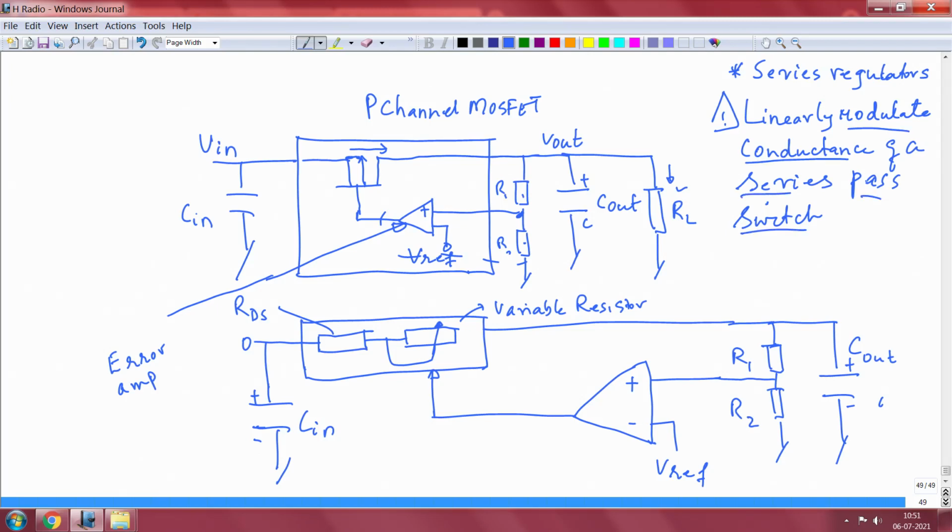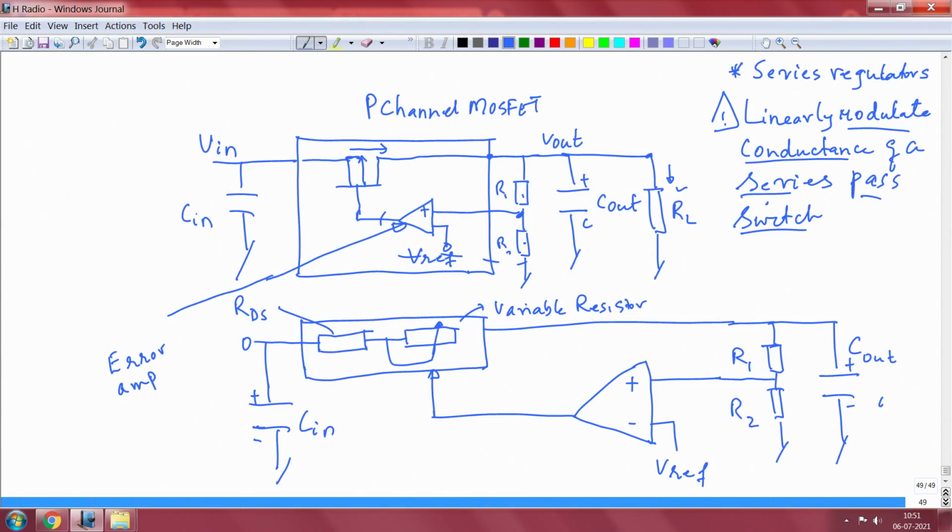I have written it here on the right side. The way to do that is to change the gate voltage. If the gate voltage changes, more current flows, and this point, V out, will always be under regulation. Why this game has changed is because in today's technology world, the resistance between the source and the drain is in the order of a few ohms, hardly any drop across that resistor.